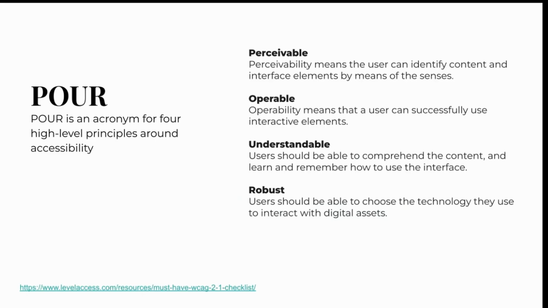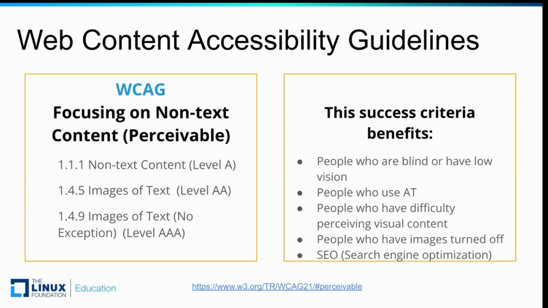And POUR means perceivable, operable, understandable, and robust. And we'll talk about a couple of these ones. Perceivable, meaning you can use your senses to navigate the content. Robust means that we can choose how we interact with the website with assistive technology. I'm not going to do these. There are specific website guidelines around perceivable, and they're in this 1-point category. Again, they mostly benefit people who, well, they benefit everybody, but people who are blind or use assistive technology or